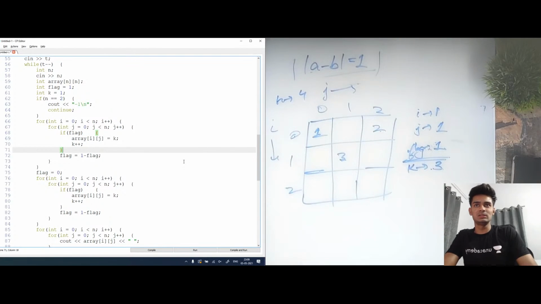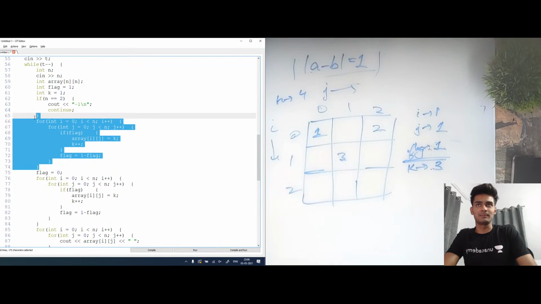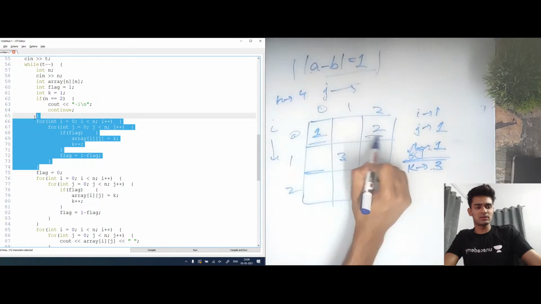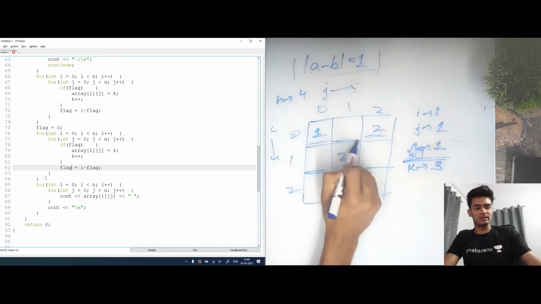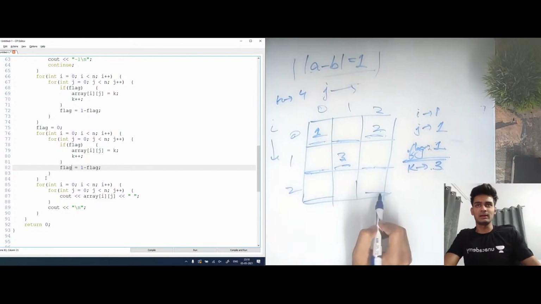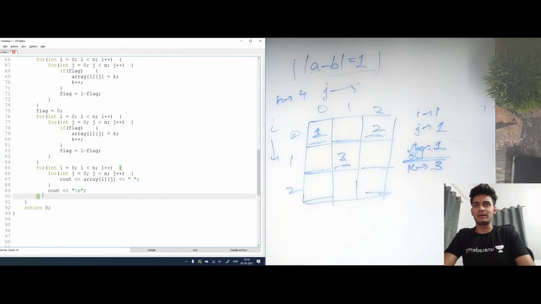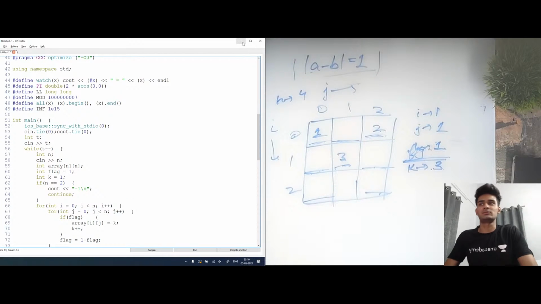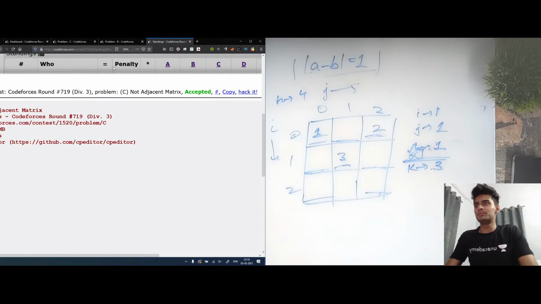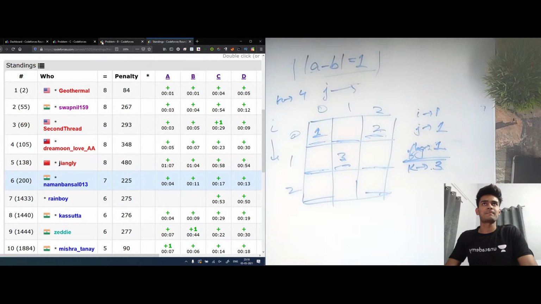Now through this nested for loop, I'm filling the odd values, I would say. And then from the next for loop, I'm filling the even places. So that is how I did it. And then I'm just printing. So maybe this is one implementation you might find good. Or else I'm pretty sure there are other implementations for this as well. Okay, I hope the logic is clear to everybody. If it is, we can move on to the next problem.